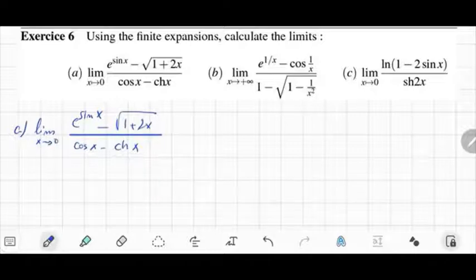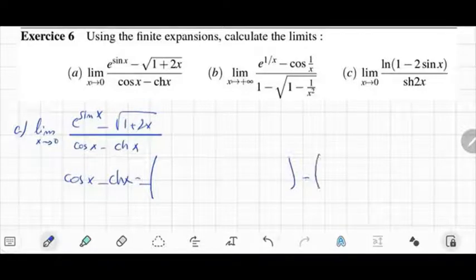calculate the first non-zero term in the finite expansion of the numerator and the first non-zero term in the finite expansion of the denominator. So we start by, let's say, the denominator. If we take cosine x minus chx, we start calculating the finite expansions of cosine and chx. Cosine will start by 1 and chx as well. So when we calculate the difference, this one will disappear, so we need to go further. If this one didn't disappear, we wouldn't need to go further because we need only the first non-zero term